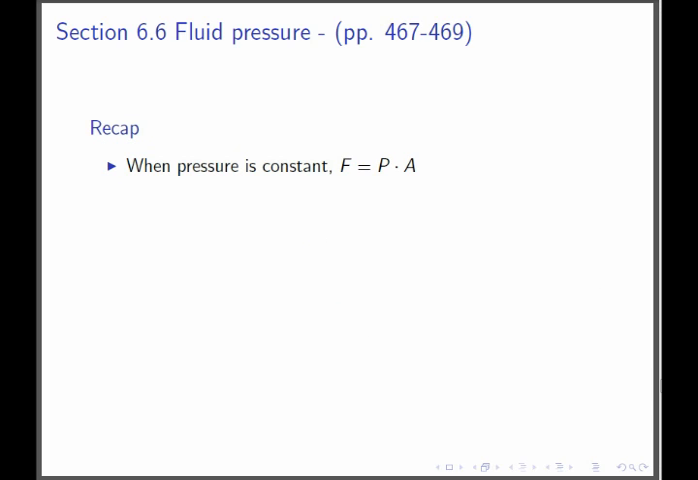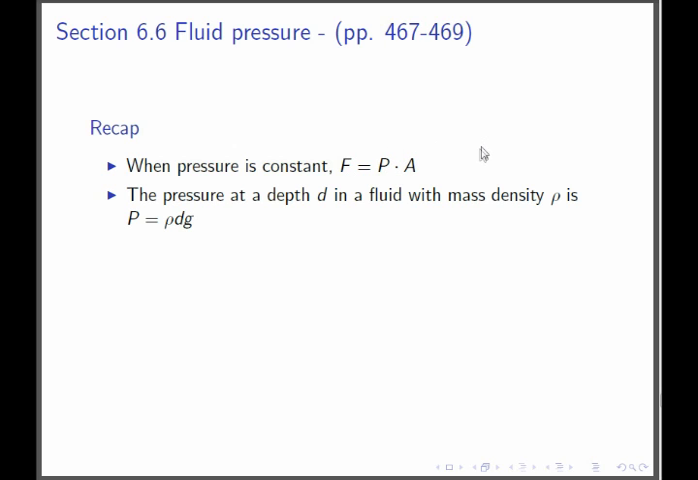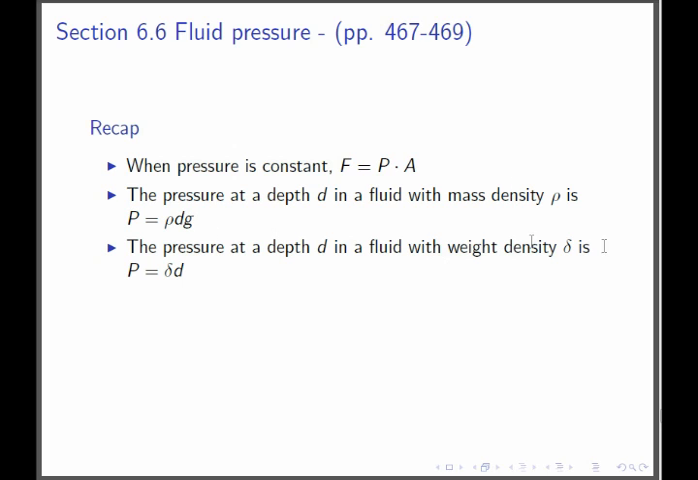To recap, you're going to use the formula F equals pressure times area when you're at constant depths. When the pressure is constant, this formula applies. The pressure at a depth d in a fluid with mass density rho is rho times the depth times g. Or if you're given a weight density instead of a mass density, then you simply won't multiply by the acceleration due to gravity. So this is if they would tell you the fluid weighs some number of, say, pounds per cubic feet or something like this. Then you would not multiply by acceleration due to gravity, because pounds per cubic feet is a weight density rather